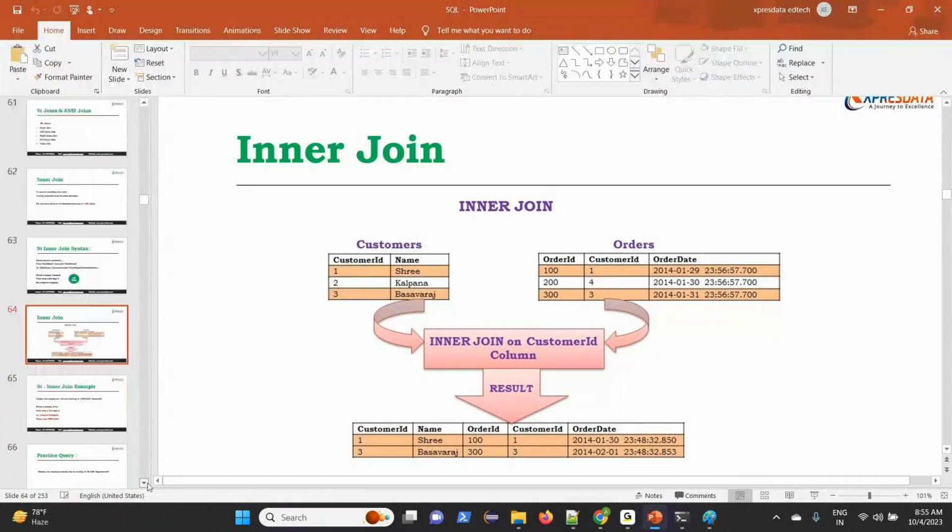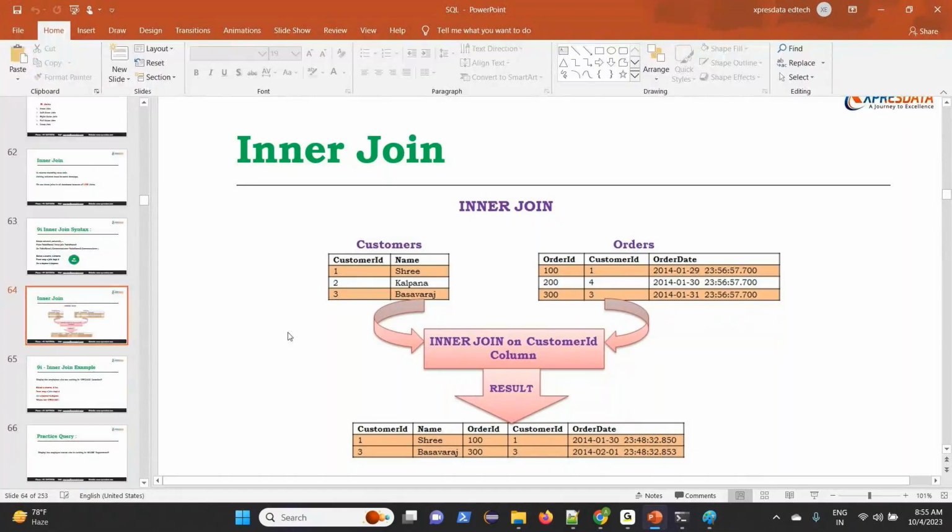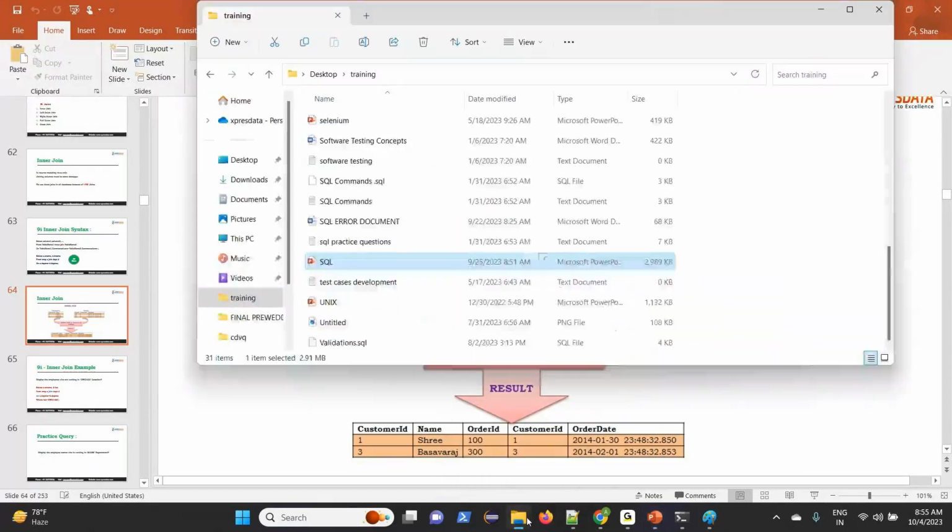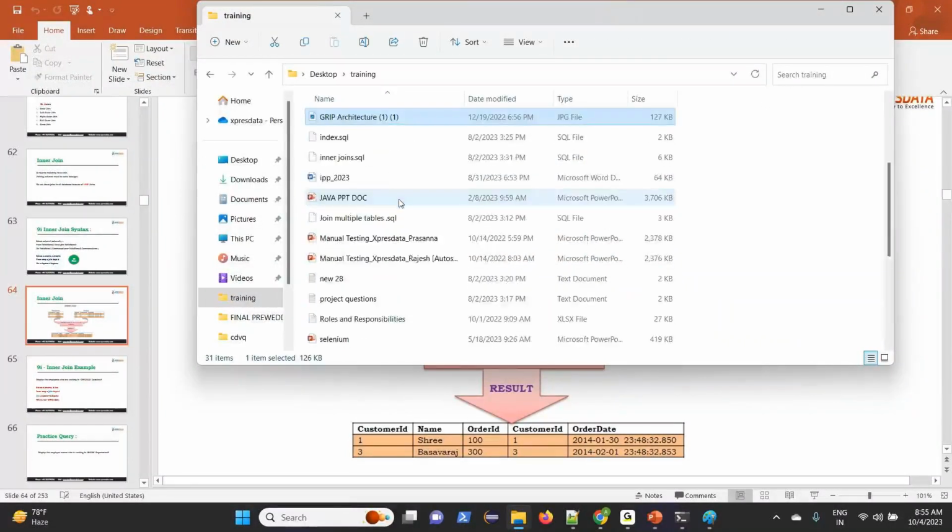Okay, but I will tell you more practical aspects of joins from tomorrow. This is not just for today, this is for real time also. They will give you this directly on the face. Let me show you somewhere.